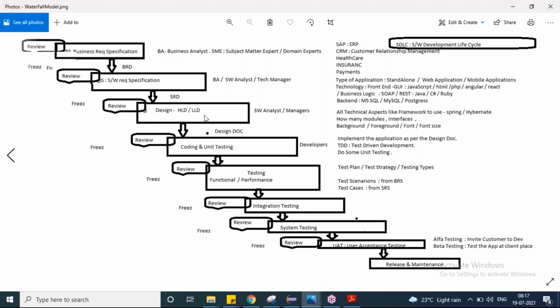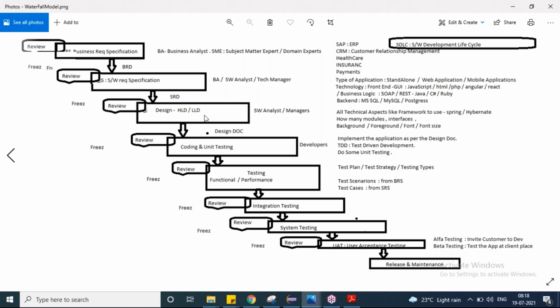Now the developer will take the LLD document as an input. He will start writing the development code. The original login code will be written by the developer, right? Then once this low-level design document is implemented, the next stage will be started. That is the real coding stage. So far, if you see the first three stages, your BRD, business requirement document or business requirement specification, right? The output of the first stage is BRD.